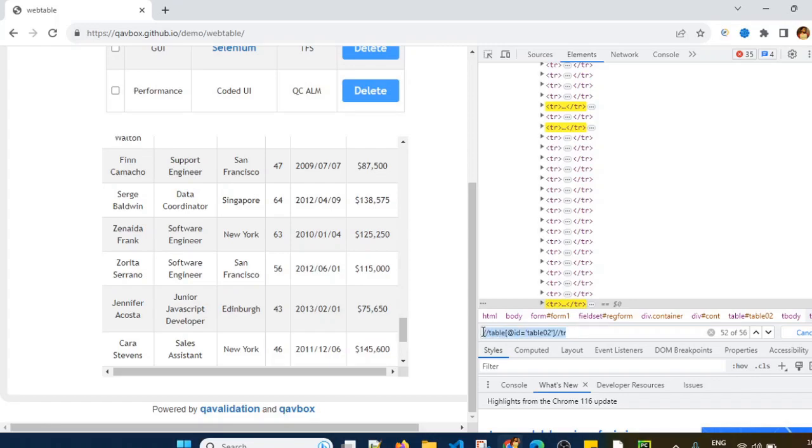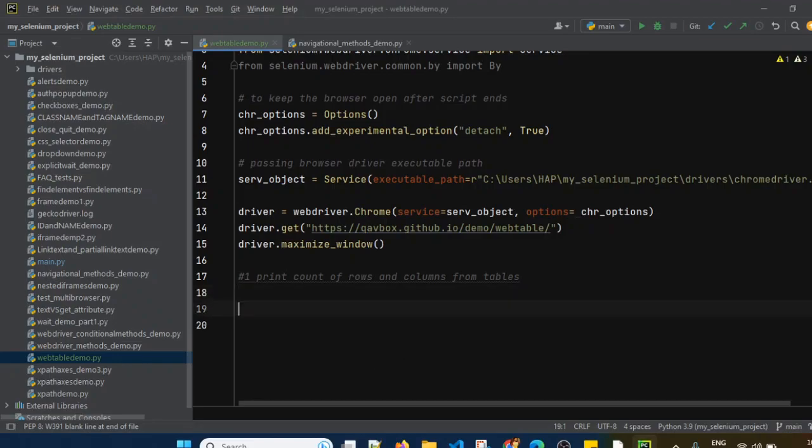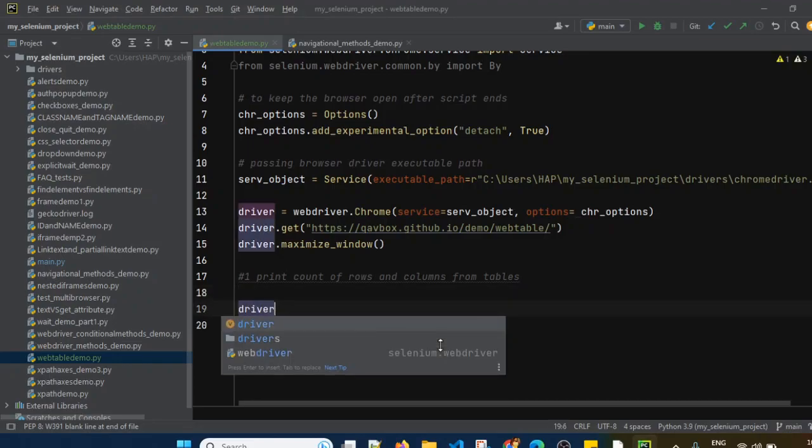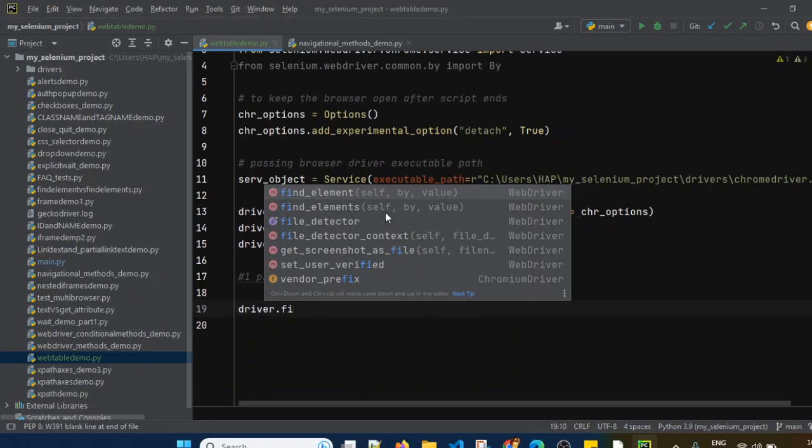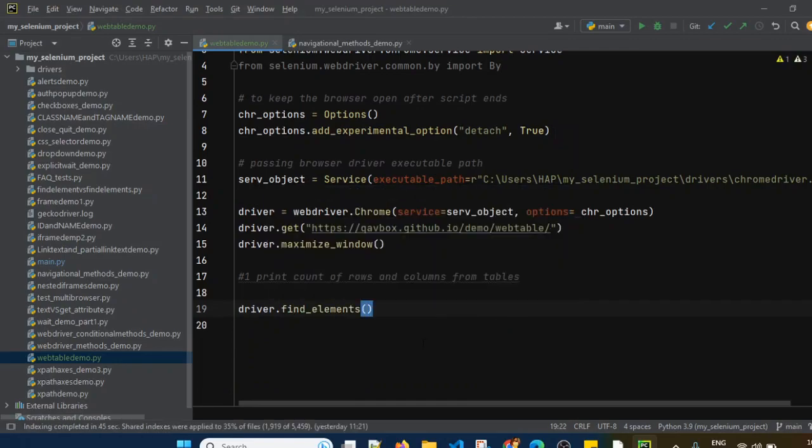So I will just simply copy this. Let's use driver.find_elements, because we are using the XPath which is directing to multiple elements.